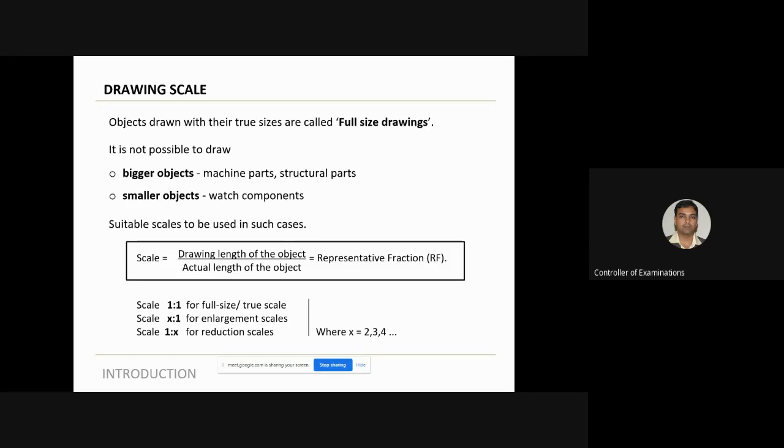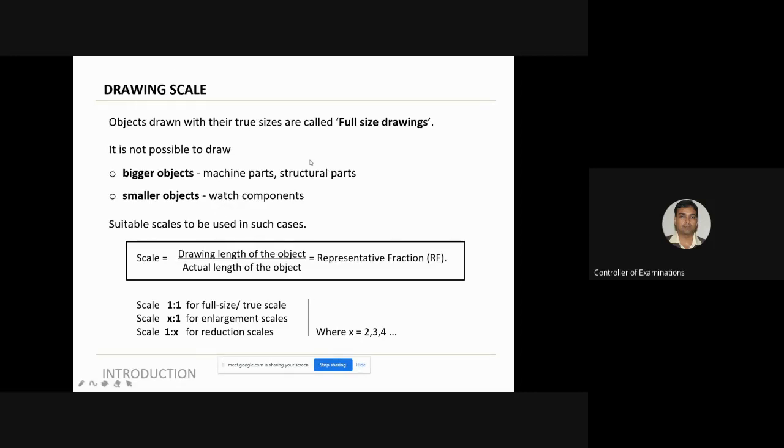It is not possible to see these very, very small objects, but yet you find the drawings of these objects, you find the dimensions of these objects on a nano scale, on a micro scale. Now, how are these drawings made? You cannot see the object, but you are able to make the drawings on an A4 sheet. So both these are possible. How? By using scales, a drawing scale.